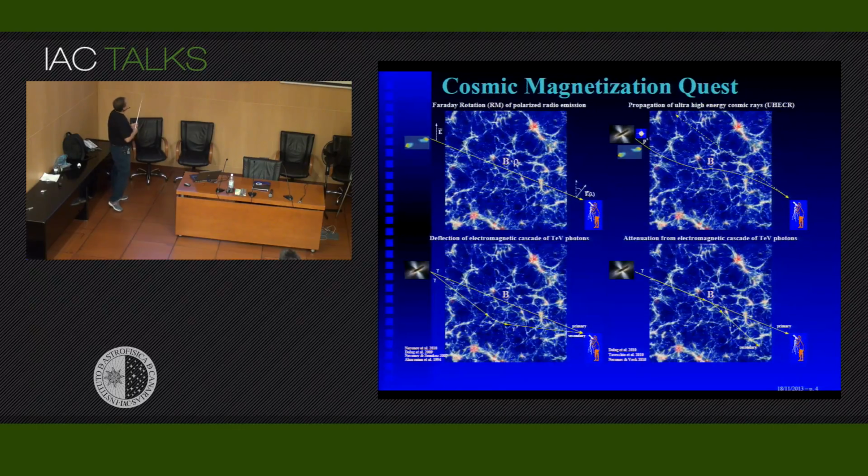So for these kinds of processes here, it's always equivalent. If you have one strong magnetic field in between which deflects the cosmic ray protons, you're just dominated by this one strong deflection. In these kinds of processes, this electromagnetic pair production happens everywhere along the line of sight. So if you then measure something, it always reflects the mean magnetic field along the line of sight. So that is really giving you a measurement of the total magnetic field all along the line of sight,